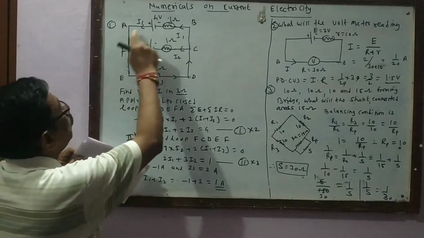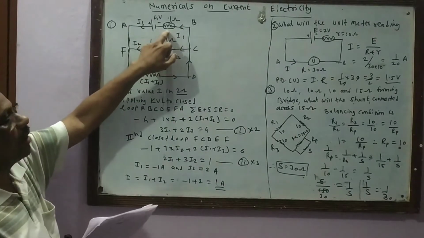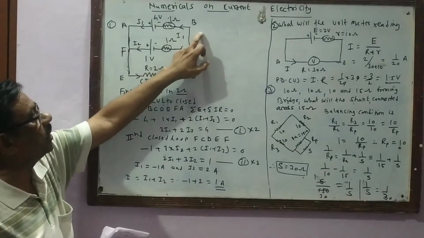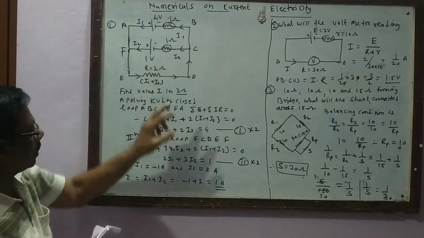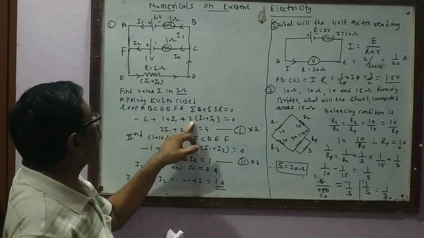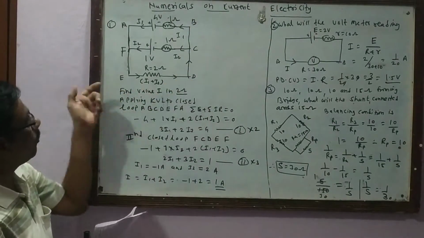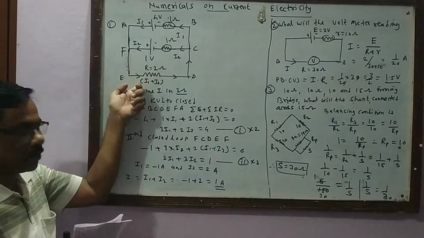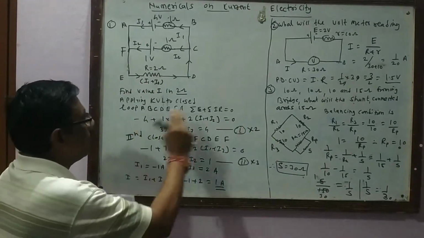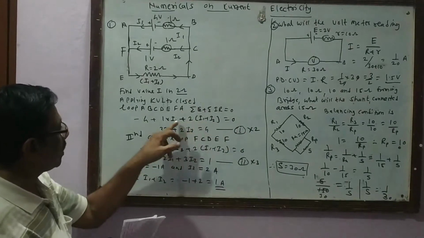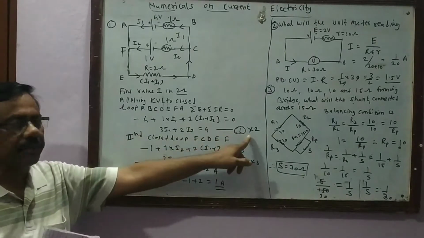Now from A to B, the current I1 is flowing in the opposite sense of the circuit, hence that product is taken as positive, that is I1 into R1, plus 2 times, for the circuit B, C, D, E, the current is flowing in the opposite sense, hence this product is positive, that is 2 into I1 plus I2 is equal to 0. Taking the EMF to the other side it becomes positive, therefore 3 I1 plus 2 I2 is equal to 4, and this is the first simultaneous equation.